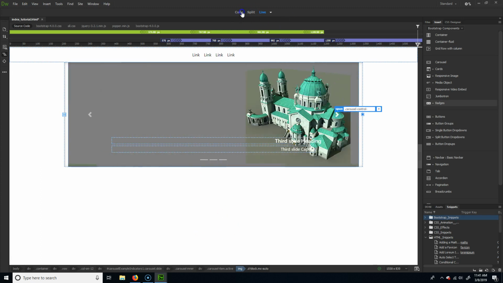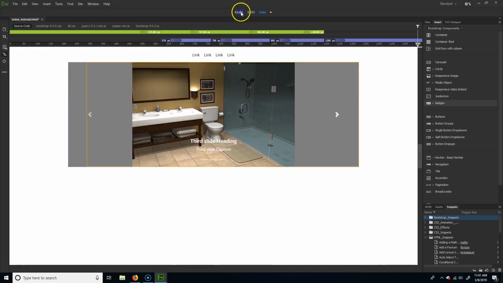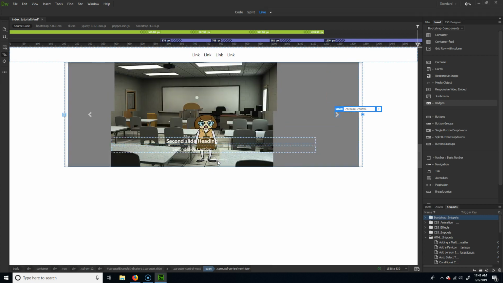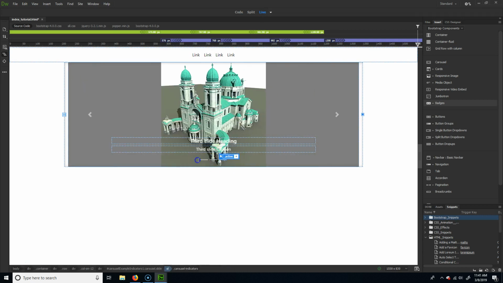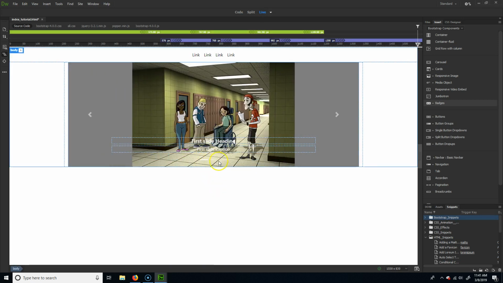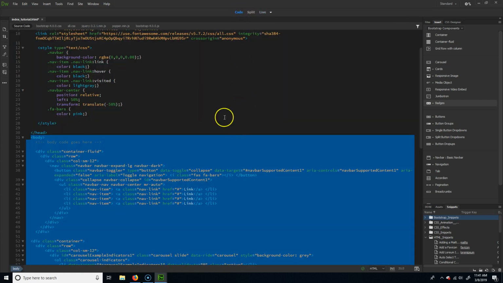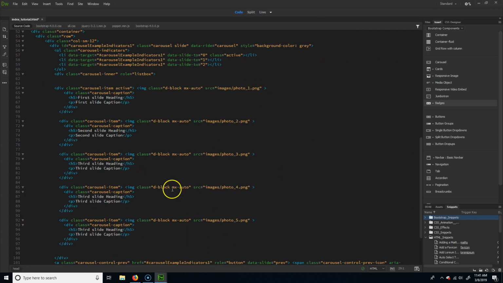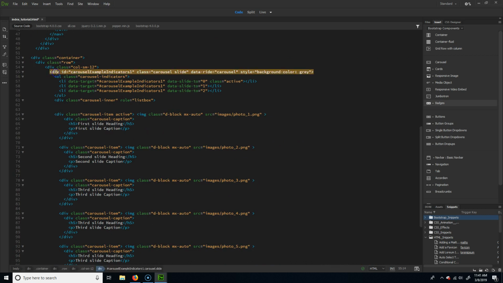There's 5. All right, but one of the issues is, look, I only have 3 dashes. Okay, it's a little slow. I only have 3 dashes here, and these will work for the first 3, but then I don't have any of these for the other ones. All you got to do is go up here where it says Carousel example indicators, and you see it's an ordered list, and they have one for each one of the things. And if you see, there's only 3. So all I'm going to do is grab this one,